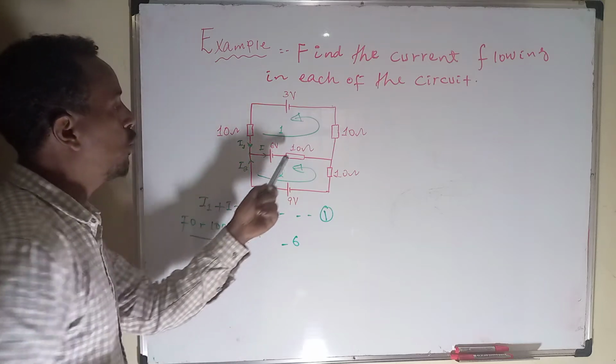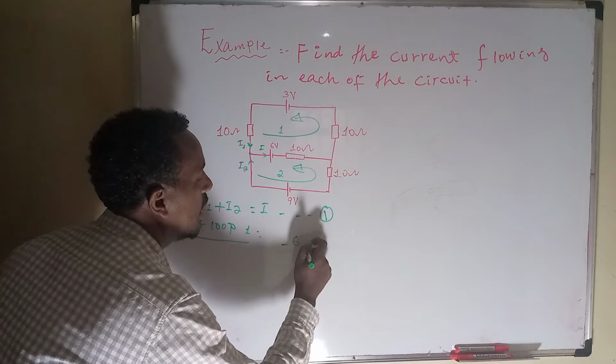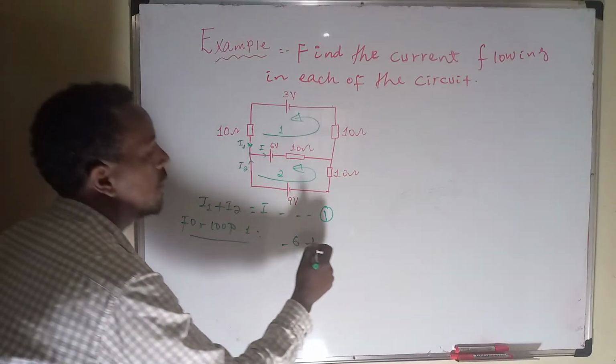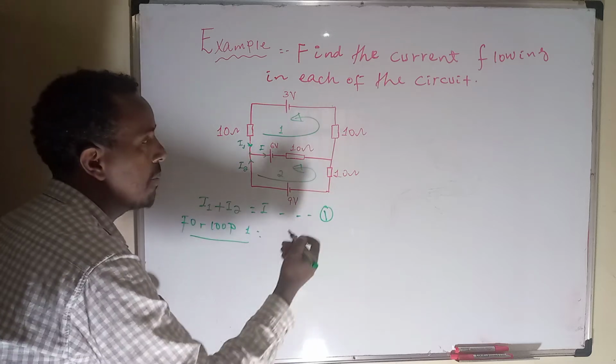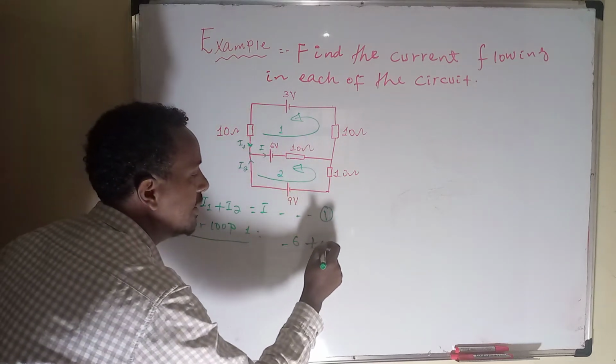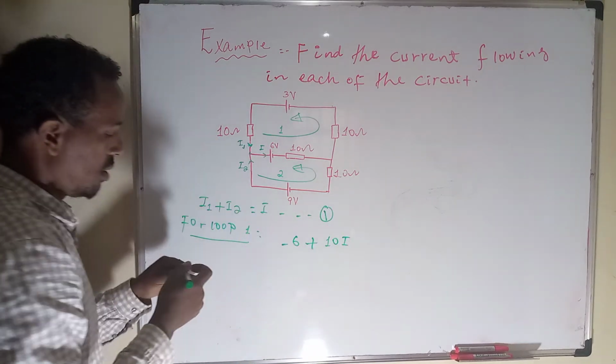Because of this, the voltage drop here on this resistor is considered as positive. That voltage is current times resistance; multiplying the current by the resistor gives the voltage drop on this resistor. So 10 times current, the voltage drop